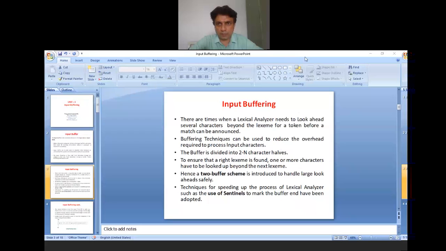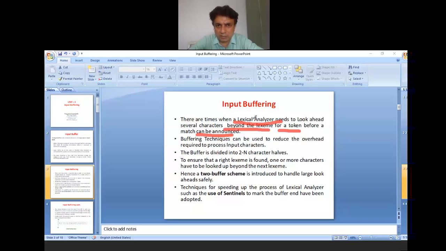Now this is the input buffering technique. The situation comes when a lexical analyzer needs to look ahead several characters beyond the lexeme for a token before a match can be announced. As you know, the lexical analyzer's task is to scan the input string from left to right and trace out the tokens in the input string.